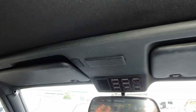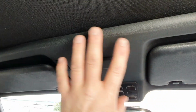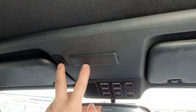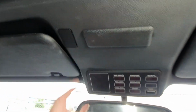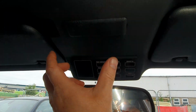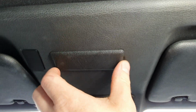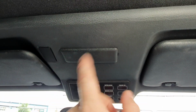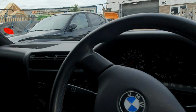and that sits against the headlining quite nicely. You can actually get this upper panel, the check control panel, without the sunroof in it. So we've just used a blank for the switch. They come out of the E30 dashboard, and then you've got the sunroof blank here as well. So we just use those two blanks to fill in the holes. But you may be lucky enough to find an original check control panel without sunroof operation in it. So that gives you an idea of what we've done in terms of the headlining for this